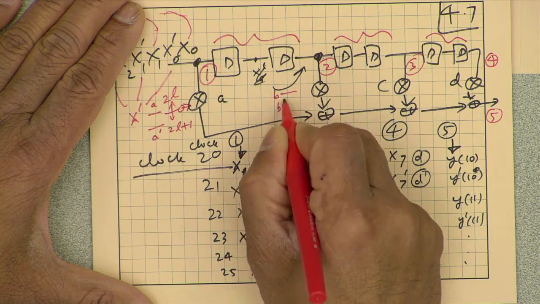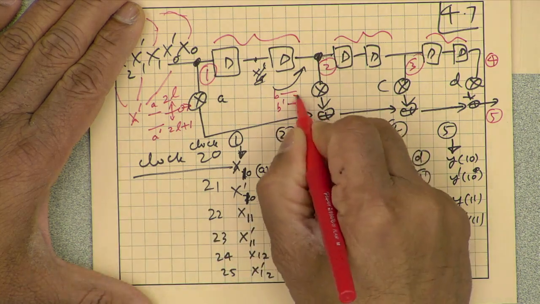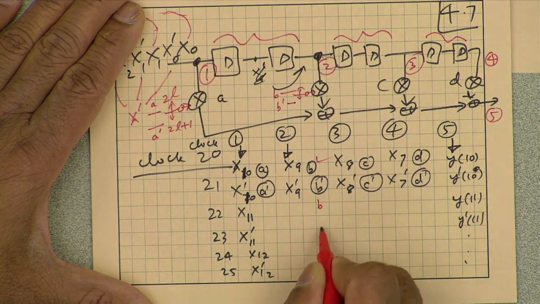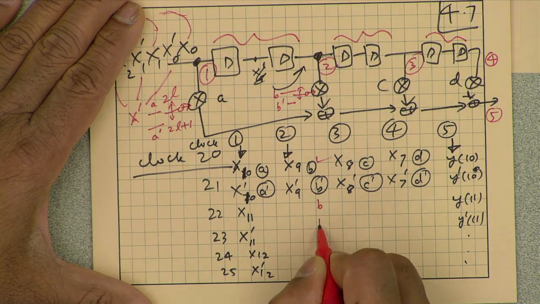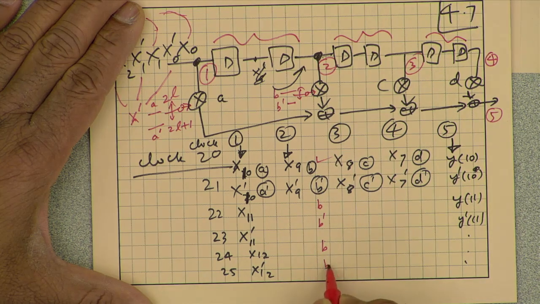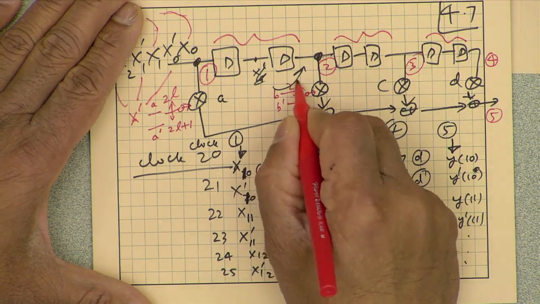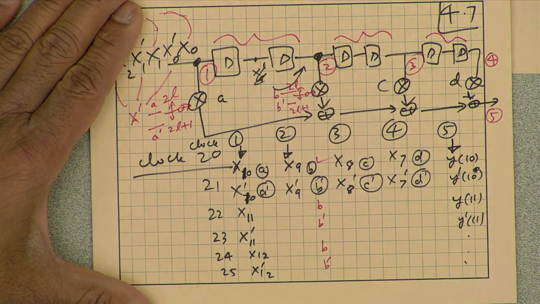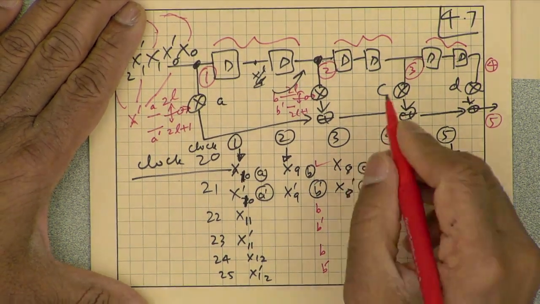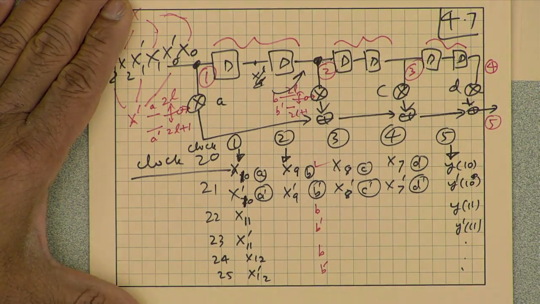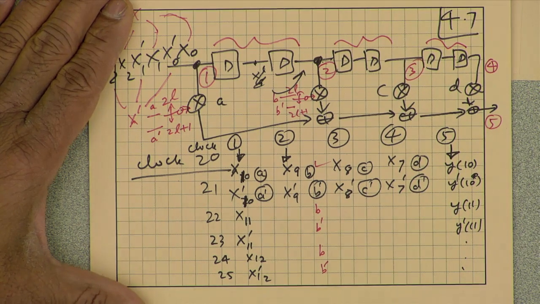Same here, B and B prime. So, we have two sets of filter coefficients such that B is fed in clock cycle 20, 22, 24, and B prime is fed in 21, 23, 25, and so on. So, we just need another multiplexer. Anytime I show a switch, that is the same as a multiplexer, and as soon as you start writing your Verilog code, you will quickly see how to write these switches. So, now do you see how two sets of filter coefficients can be interleaved as well in the data path? Okay, good.